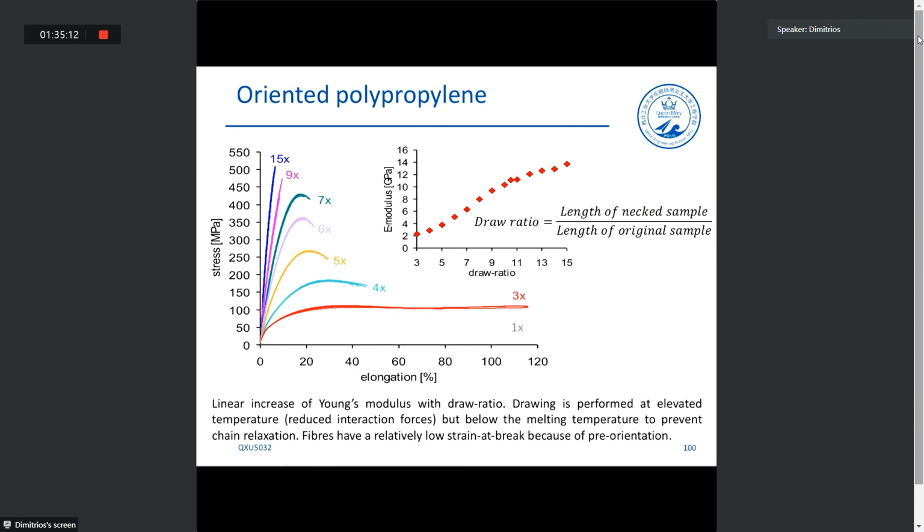Now, in order to create the fibers, we do this process that's called drawing. Drawing can be hot or cold, but what we do essentially is we're drawing our materials in order to orient the chains. And with the higher draw ratio, as you can see here for polypropylene, where draw ratio is the length of the necked sample over the length of the original sample, we said that semi-crystalline polymers form these necks, and these necks are highly oriented